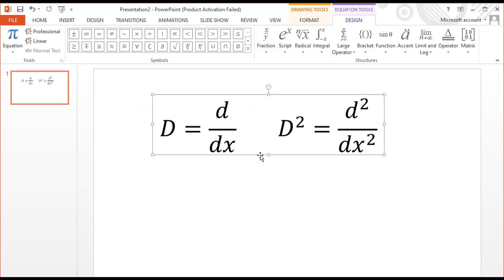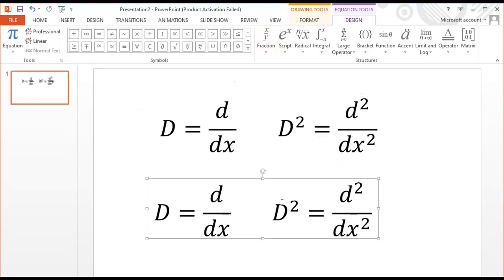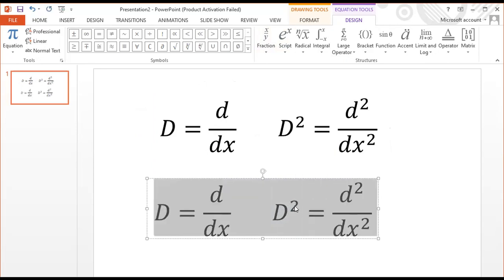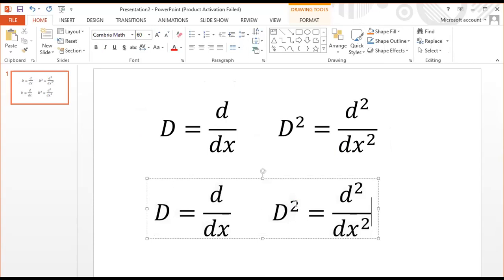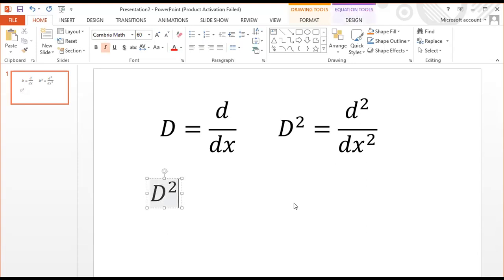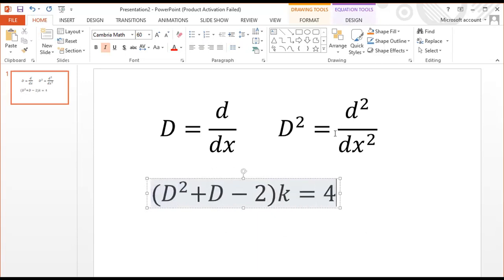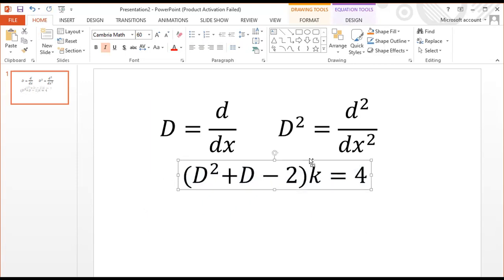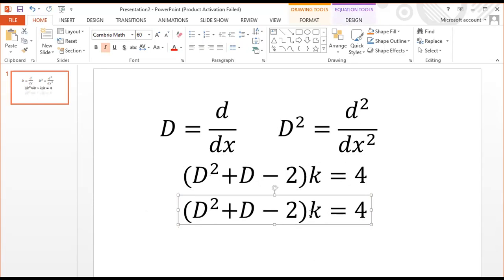So in this case now, you will see that the problem we are solving is now in terms of D squared plus D minus 2, everything in a bracket, multiplying by k, is equal to 4. Which means that this expression is still the same thing as